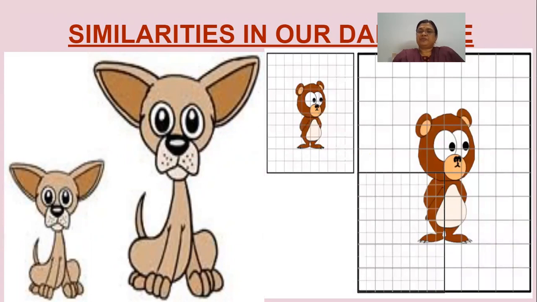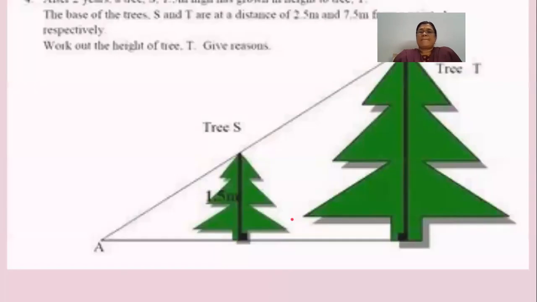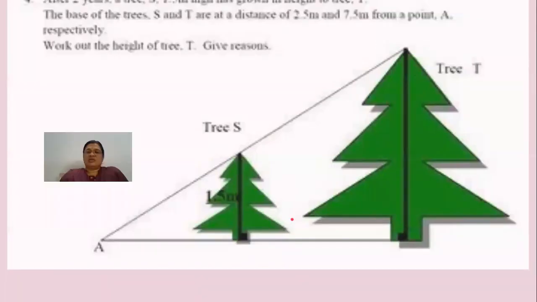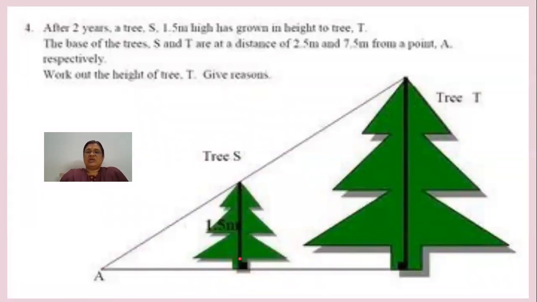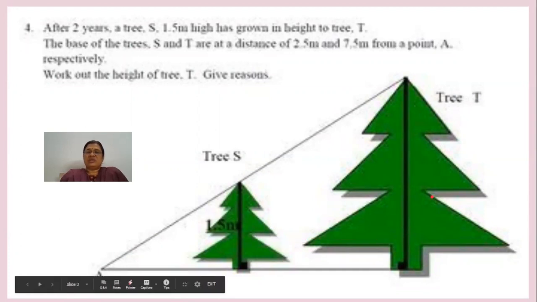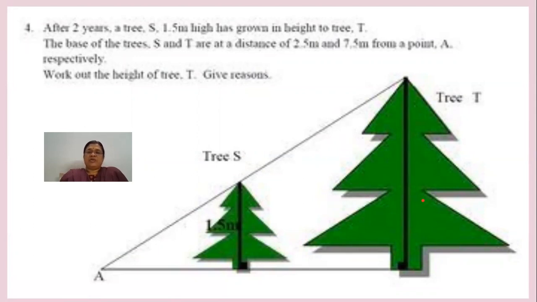I'll show one more. See here, this is Jerry. And here also, this is big and this is small. But both resemble each other, isn't it? We call them similar to each other. Next, look at this Christmas tree. This one is a big tree and this one is a small tree. Both are Christmas trees, but they are different sizes, and the shape is the same. So we can say these two trees are similar to each other.